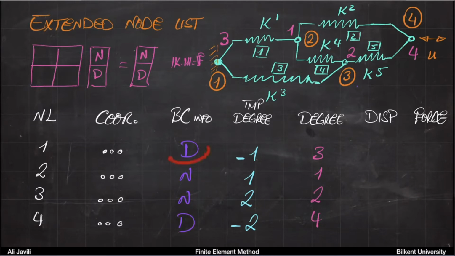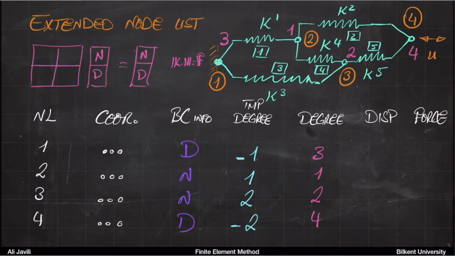So now you know these two nodes have displacements, but the question is how much, right? So that would be the information that comes here. And then on those other nodes, you know, you have forces. So that would be the information that comes there. So basically what I'm trying to say is that,